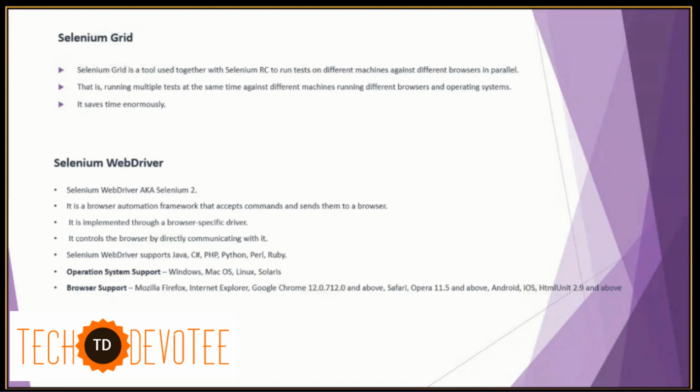It is implemented through a browser-specific driver. Whatever we give, if you are giving Firefox, then it will run in Firefox. With ChromeDriver, it runs in Chrome. So it depends on whichever browser we are mentioning. It also controls the browser by directly communicating with it. It also supports programming languages like Java, C#, PHP, Python, Perl, Ruby, and the operating systems like Windows,